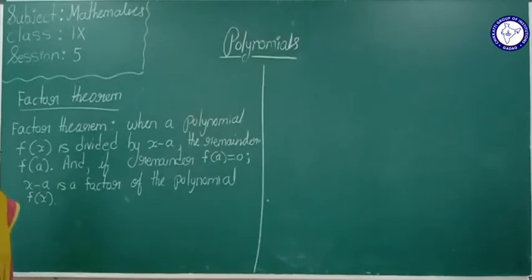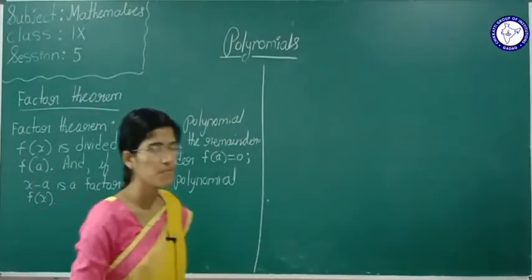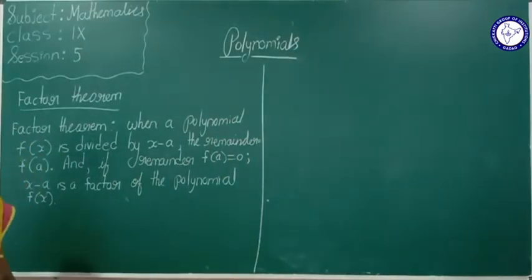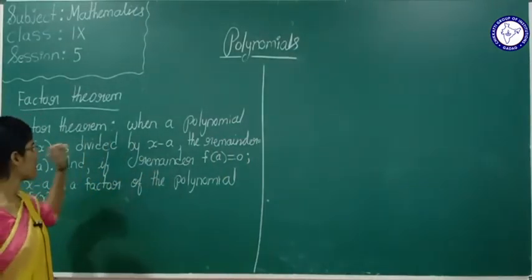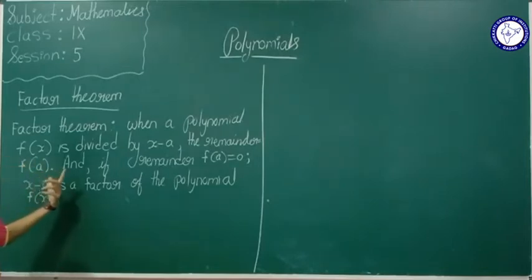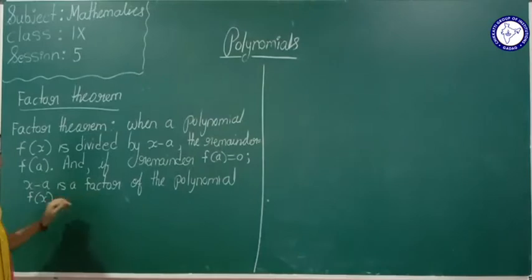So next, see factor theorem. Okay, remainder theorem we came to know. So next one is factor theorem. What this factor theorem tells us is, when a polynomial f of x is divided by x minus a, the remainder is equal to f of a. And if remainder f of a is equal to 0, x minus a is a factor of the polynomial f of x. So what they are telling is,